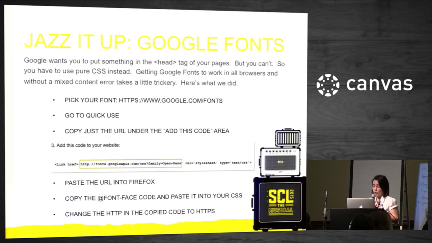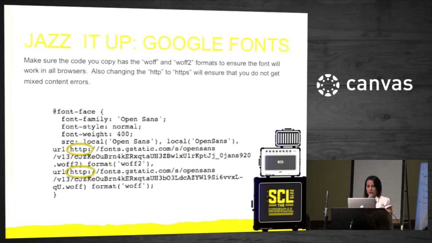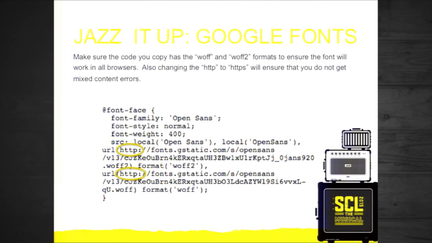That's gonna return some code. It's gonna bring up, instead of a page in the browser, a little bit of CSS. And you're gonna copy that code, and that's the code that's gonna get pasted into your custom CSS. So let me show you what that code looks like. Looks like this. It'll say @font-face at the top. And over here, where I've circled in yellow, green, or whatever that color is, that's where you would change the HTTP to the HTTPS. So if you do exactly that, copy it, change the S in there, and slap that in your custom CSS file, that's gonna be what allows you to use those Google Fonts.